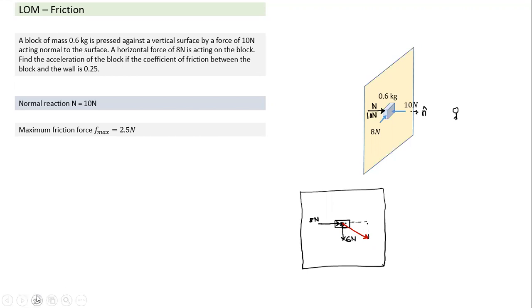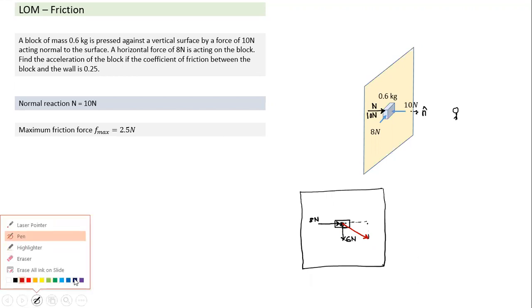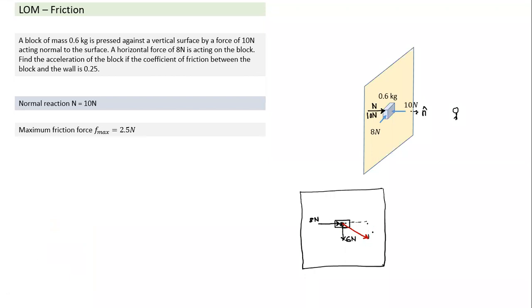So which direction will the friction act? What does friction do? These are the external forces acting. Friction looks at what the tangential forces acting are, and it tries to make the net 0. So it will act in this direction, opposite to this. This becomes the direction of likely motion, so friction will act in the direction opposite to this. And it will be able to prevent any slipping if this force is less than F max. This force is coming equal to 10 Newton, whereas the maximum friction force is only 2.5 Newton. So friction force will resist the slipping, but it will not be successful.